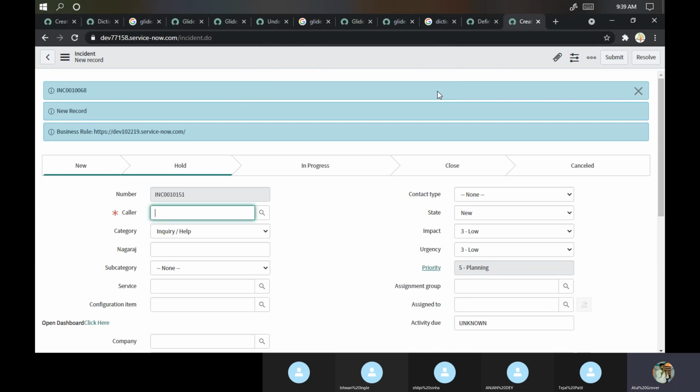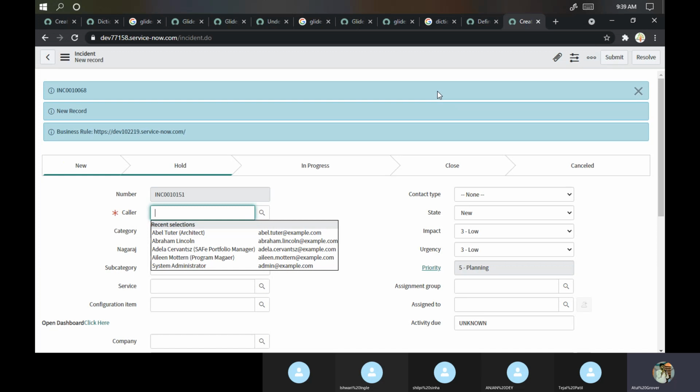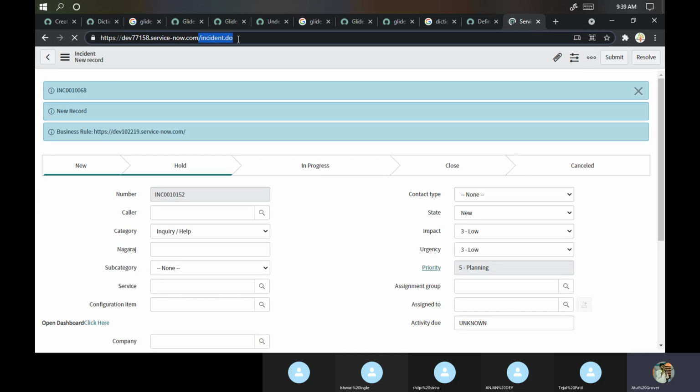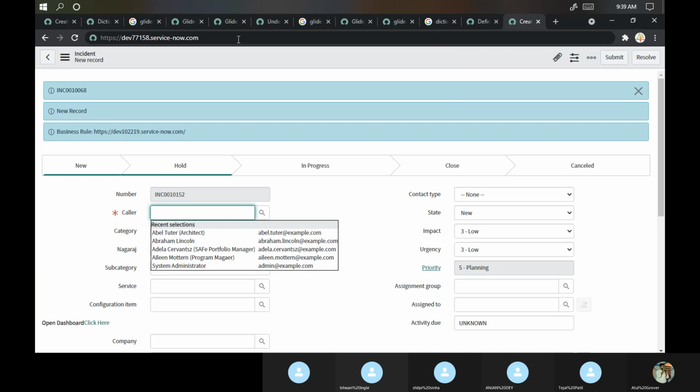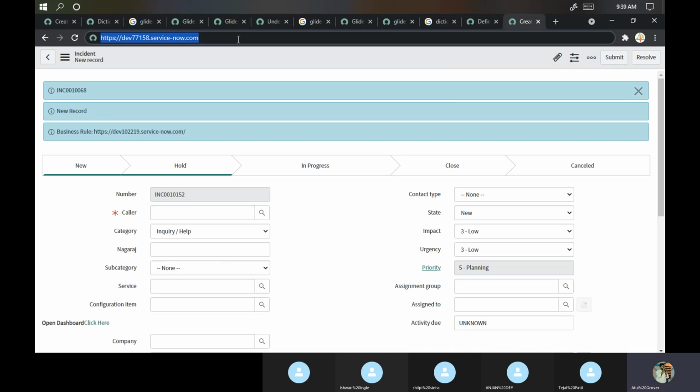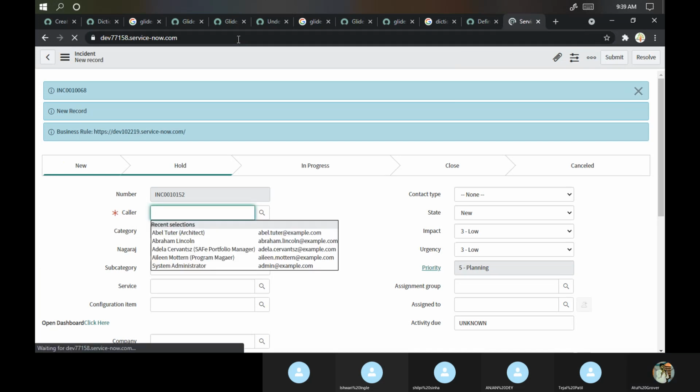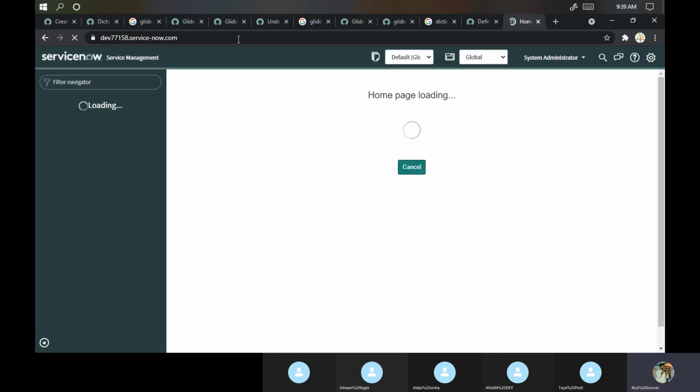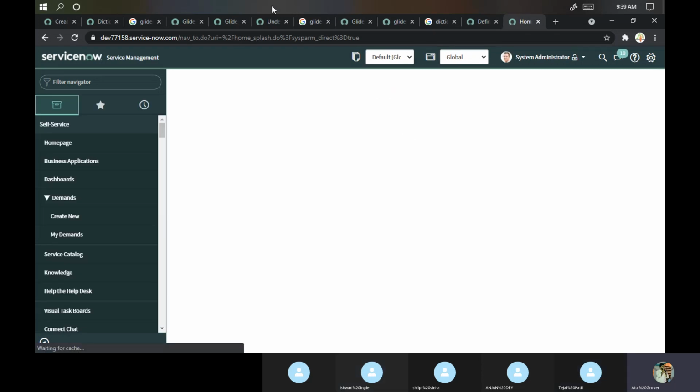Now I have a concept called upgrade or update, and for that I am using Santosh instance. Guys, I am audible, right? You can hear me. Yes sir. Okay, there is some issue in my system. See, the upper menu bar is not coming.